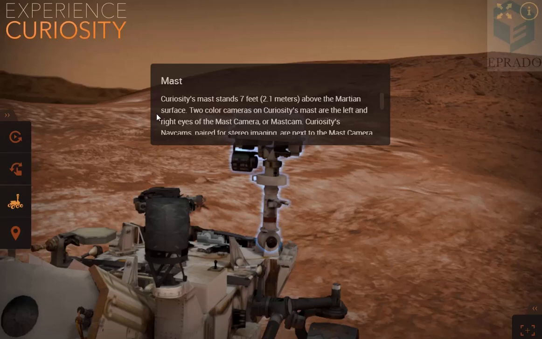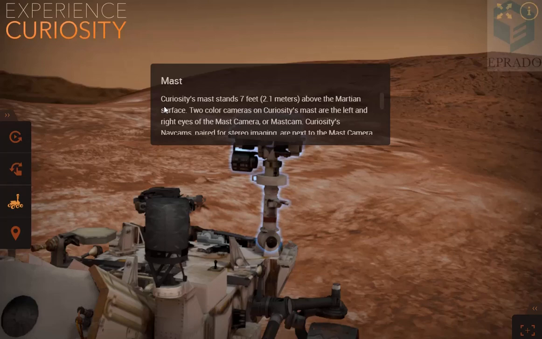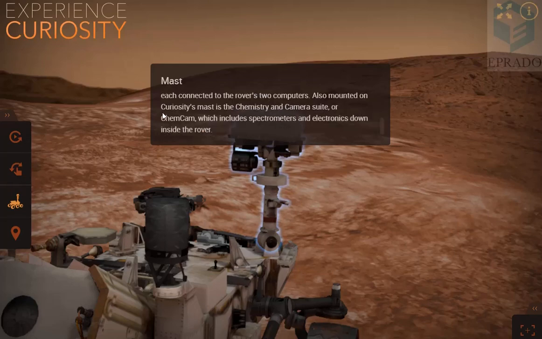This two-colored camera on Curiosity's mast has the left and right eyes of the mast camera. Curiosity's navigation cameras, paired for stereo 3D vision, are next to the mast camera.